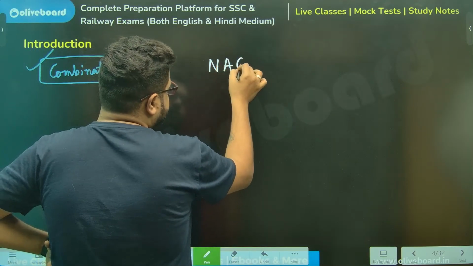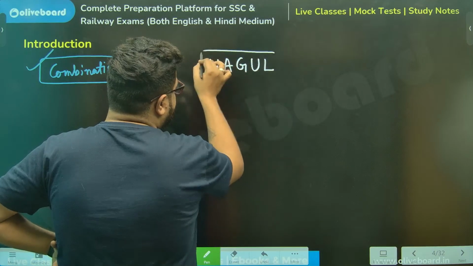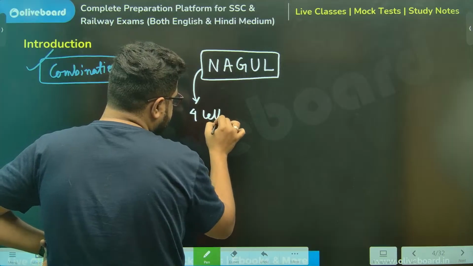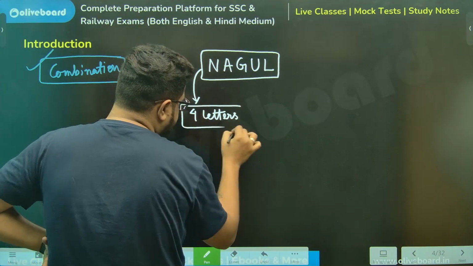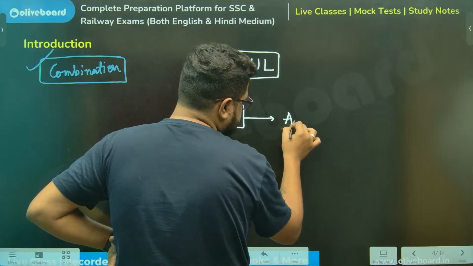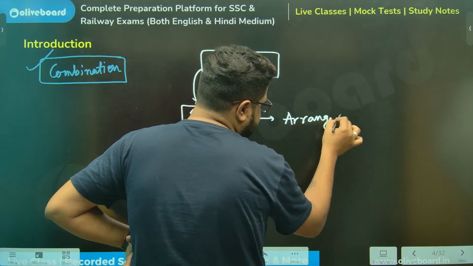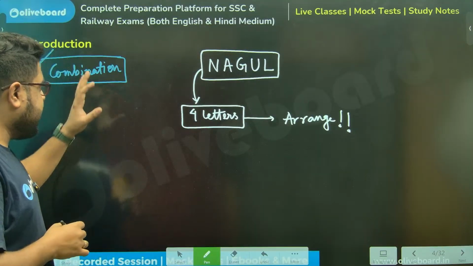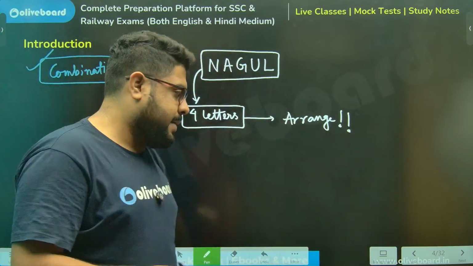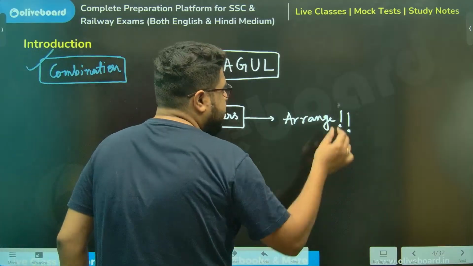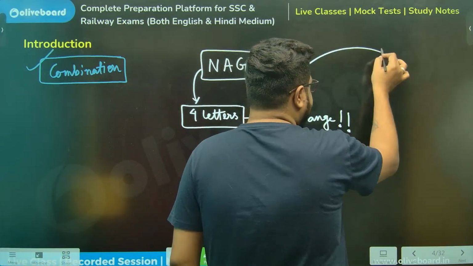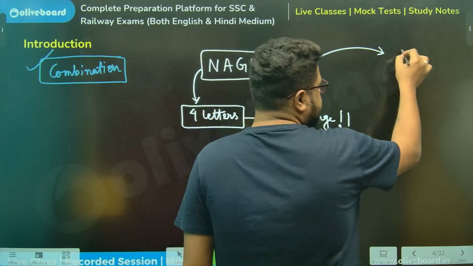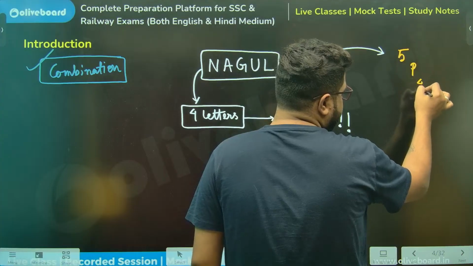Now, I need to take 4 letters and I also need to arrange them. Okay? What will I do? Sir, if I do it by permutation, let's see what will happen. You will say, sir, you can use the permutation operator. What is the definition? We'll go there. Just let me write it because most of you already know. That is written as 5P4.